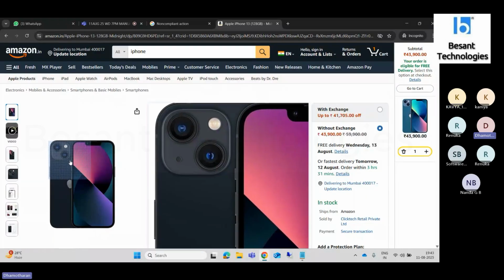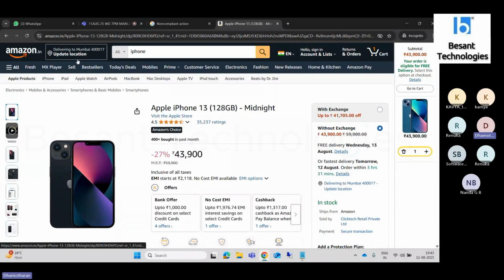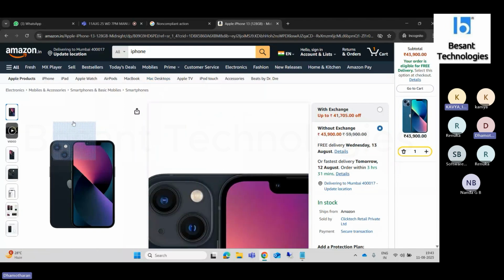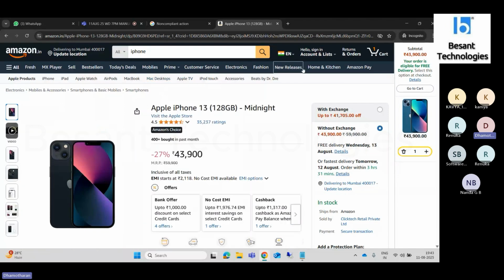So if I click this, my expectation is that it should open. That's all. So manually you are going to click, you are going to type, you are going to search. Manually you are verifying the entire application in all places. This kind of testing is called manual testing. Okay, just testing the application manually.